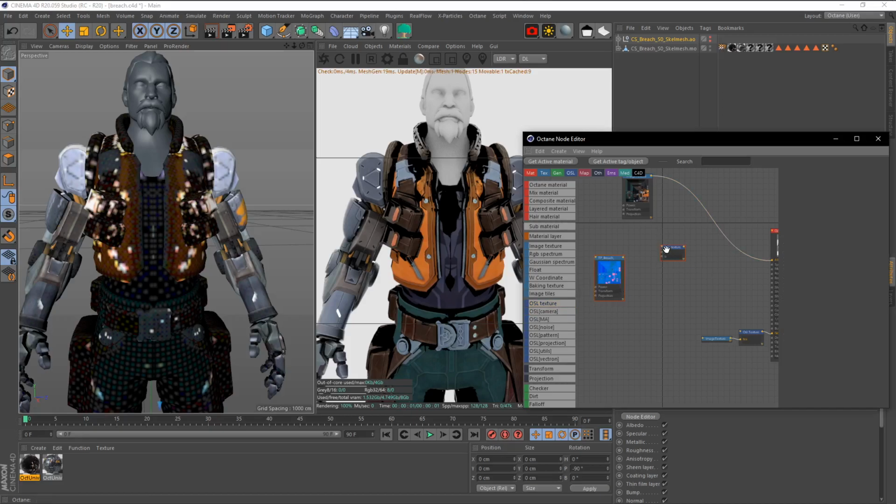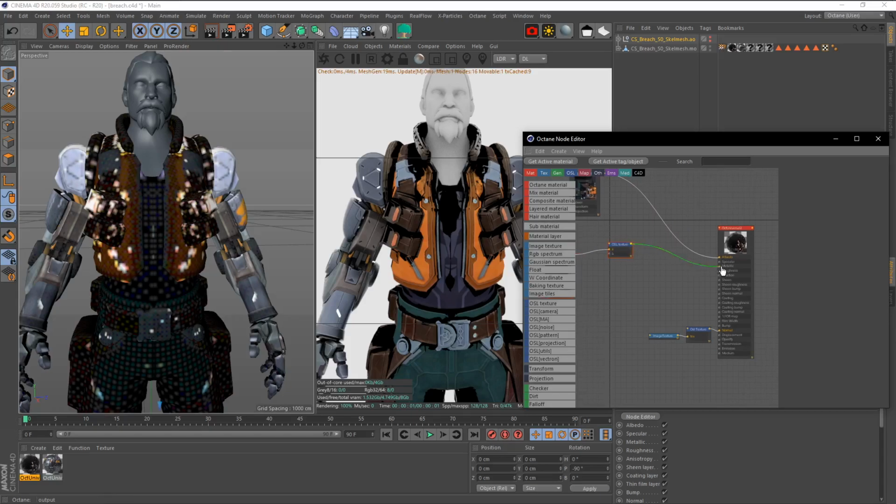So OSL script 1, put in the code, connect this to metallic,